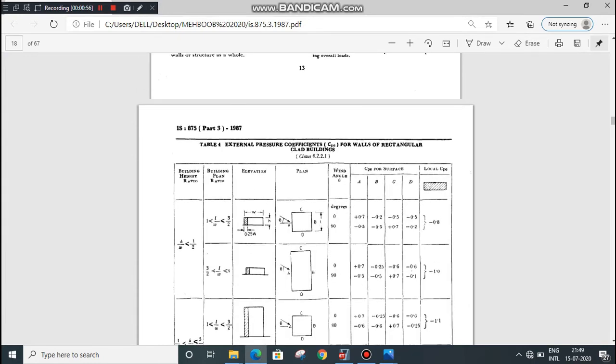The values of Cp are given here. Here the side section A is the same as section A in our building case, and section B is the same as section D in our building case. Similarly, sections D and C are the same as sections 4 and 1 respectively in our building case.